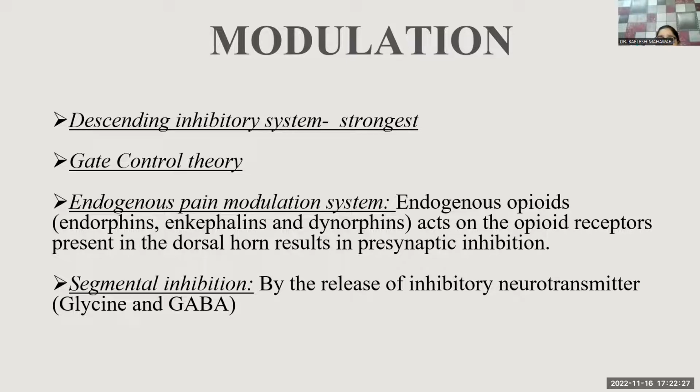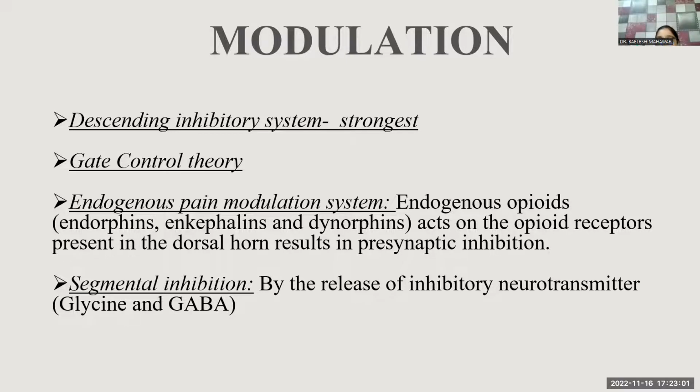Suppose I'm having a pain in my abdomen, and I keep on touching my tummy in a rotating fashion, stimulating the A beta fibers of the same dermatome, which are the thicker and densely myelinated fibers. Those fibers will come and close the gate and will not allow the smaller diameter fibers, that is the A delta fibers as well as the C fibers, to cross through that gate. So that is what the gate control theory is.